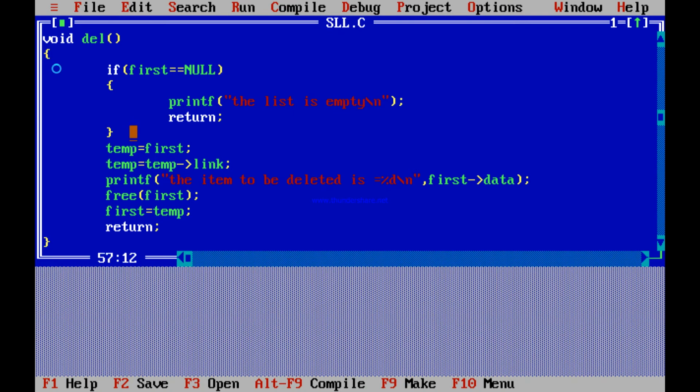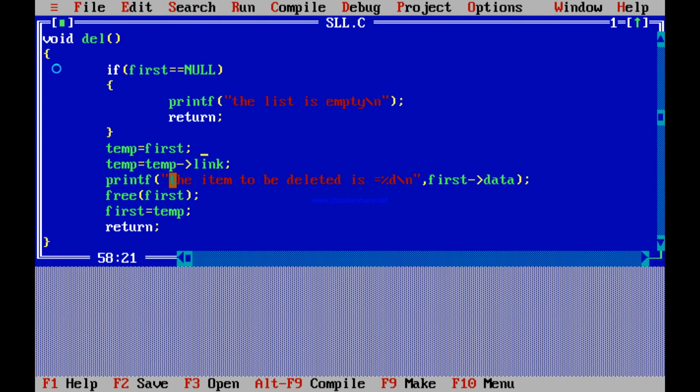But if there is a node, if first is available, first is not equal to null, then it will initialize temp is equal to first. So temp is equal to temp of link. I'm incrementing the link, so temp is equal to temp of link.